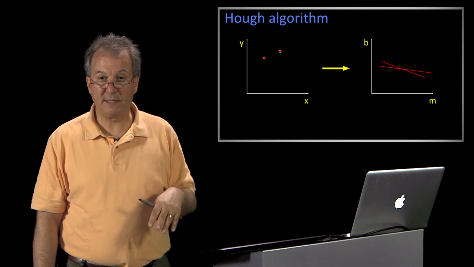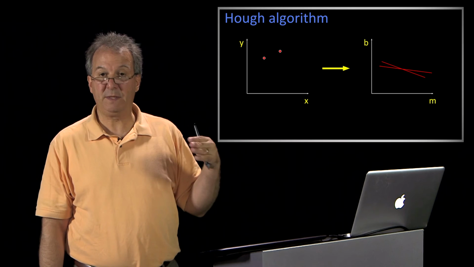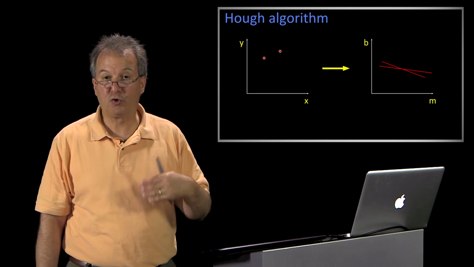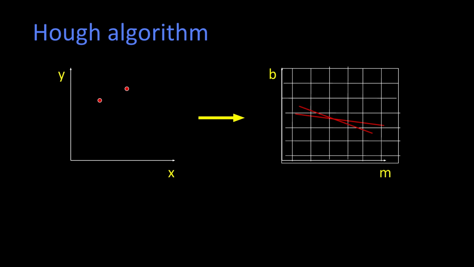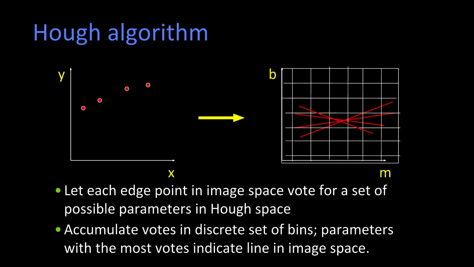So now we have to reduce this to an algorithm. We'll first do it graphically and then actually show the algorithm. So basically, every point gives me a line in Hough space. So what I do is I create a grid. Here it's of m and b. We're going to change that in a minute, which are made up of a set of bins. And every point votes for a line's worth of bins. So it casts a vote in every bin that it goes through. You collect up all the votes, and after every point has voted, whichever bin has the most votes, that's your line. So basically, we're going to be casting votes into bins and then finding the bins that have a large number of votes, larger than the average noisy area.